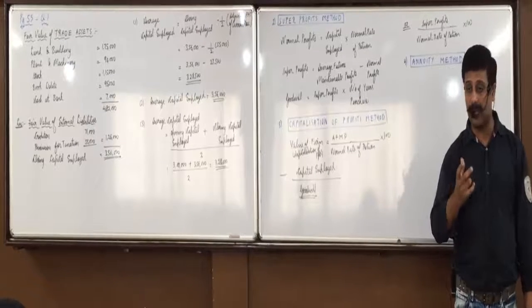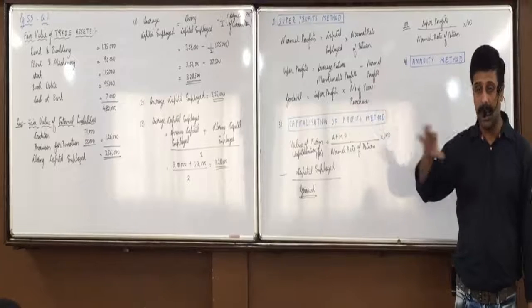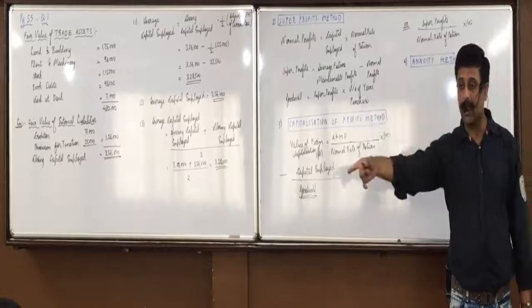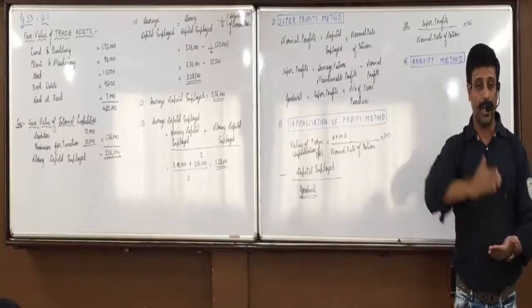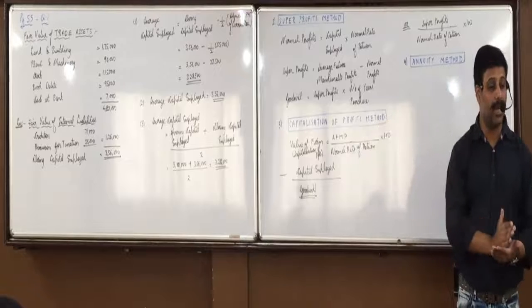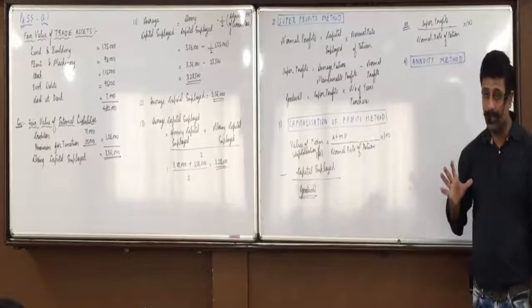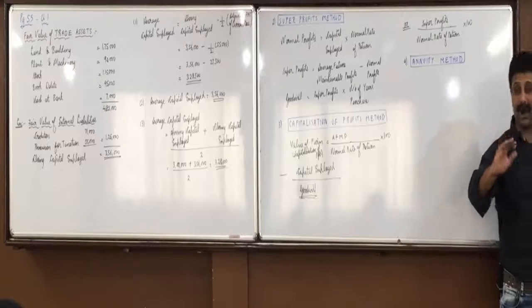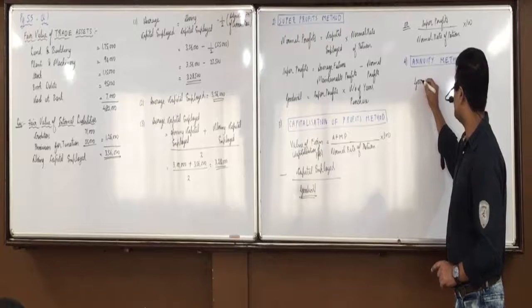Scientifically, they have derived with the rate of return, whatever is the normal rate of return, 15%. On that rate, if after 1 year you get 15,000, what should be its today's value? If after 2 years you get 15,000, what should be its today's value? That factor will be directly given to you. So you just have to apply the formula. I was just explaining the concept, but from your exam's point of view, you just have to apply the formula.